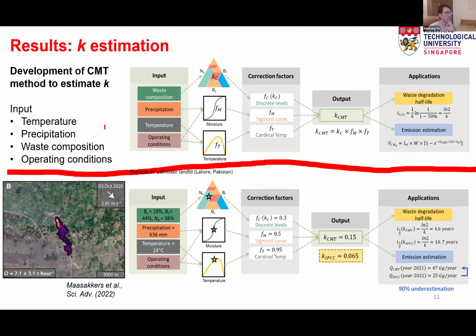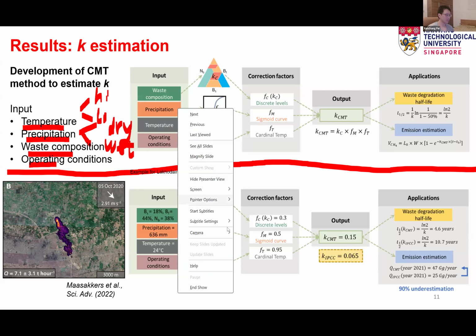So how do we improve the K value while still using it in the first order equation? After reading all this literature, we know that temperature, precipitation, the rainfall, water content, and waste composition, and the fourth one, operation condition, are the four major factors influencing or changing the K value. But instead of IPCC's approach of just putting high temperature versus low temperature, so it has a high K and a low K, and then for precipitation, a dry K versus a wet K, instead of this very crude